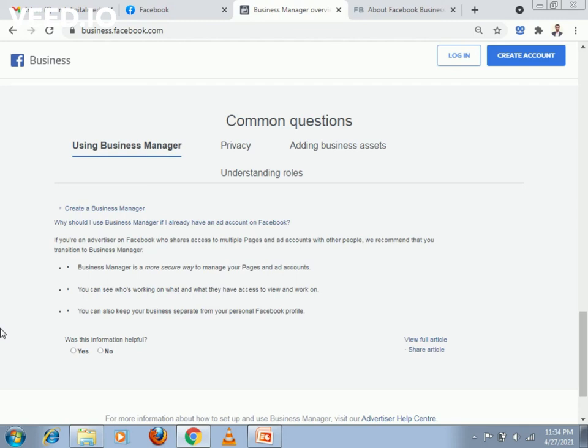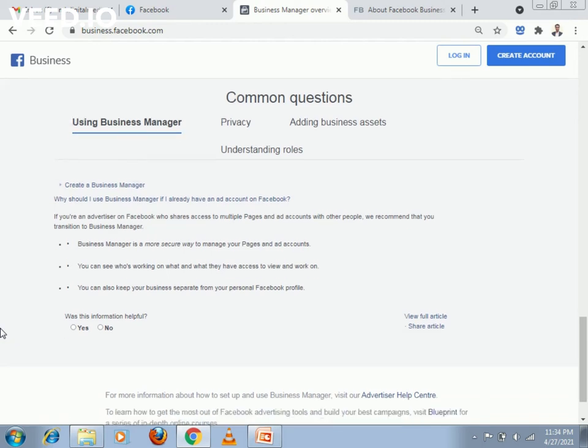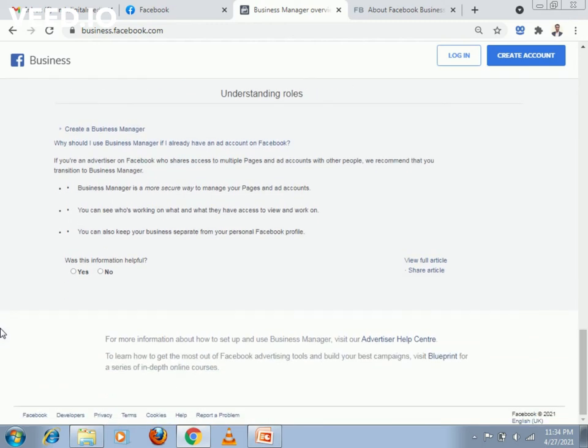If you are an advertiser on Facebook who shares access to multiple pages and ad accounts with different people, then Facebook recommends that you register for Business Manager.